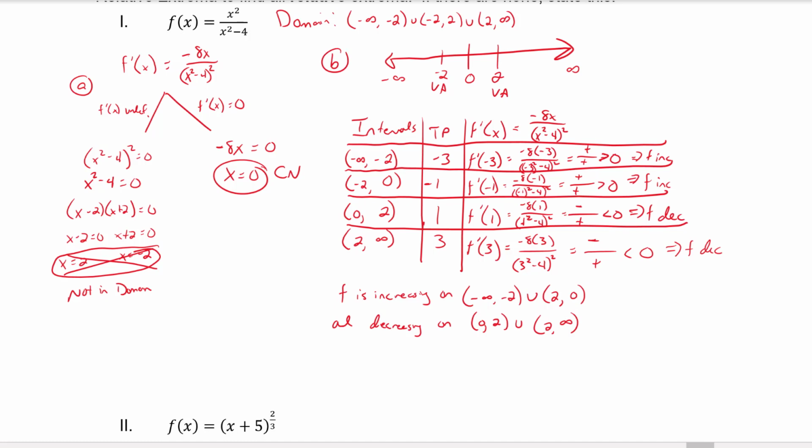All right, so then for part C, using the first derivative test, all the first derivative test is looking for is a sign change at the critical number. So the function's changing from increasing to decreasing at that critical number. If we look, our critical number was 0. Between the two intervals involving 0, it's changing from increasing to decreasing. Remember, that means that f has a relative maximum there. So f has a relative max